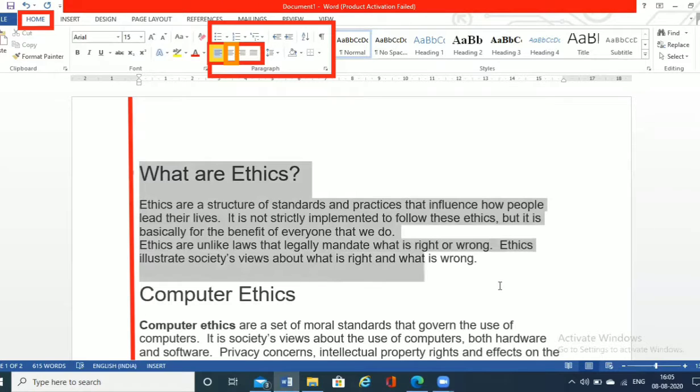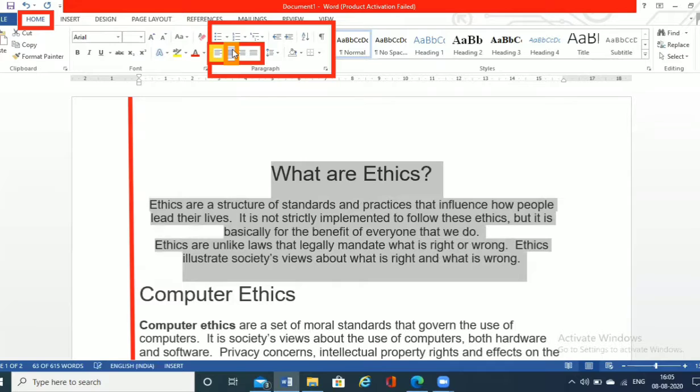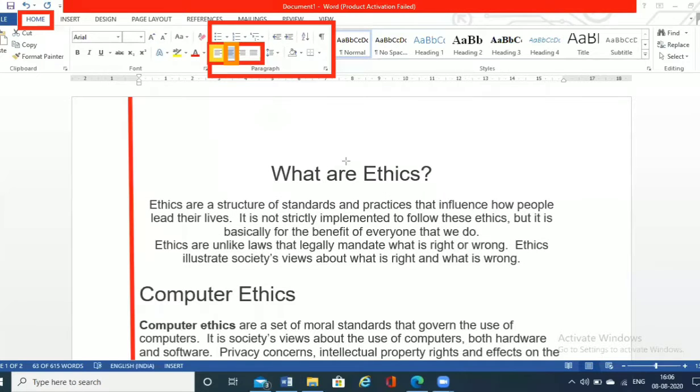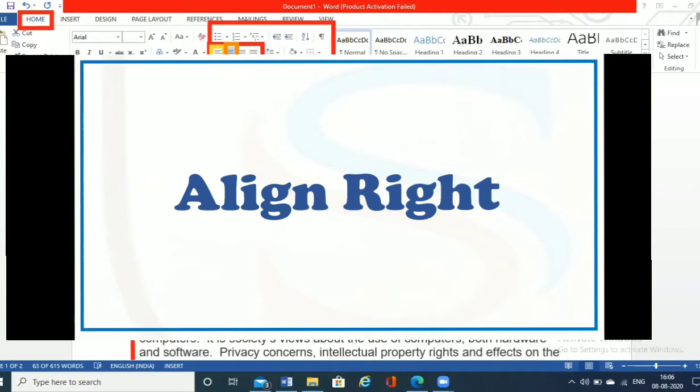First, we will choose the text and we will see it is center aligned. Once a text is center aligned, it comes like this. This is center aligned, not left aligned, not right aligned.